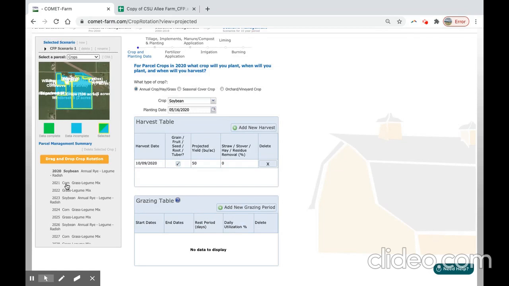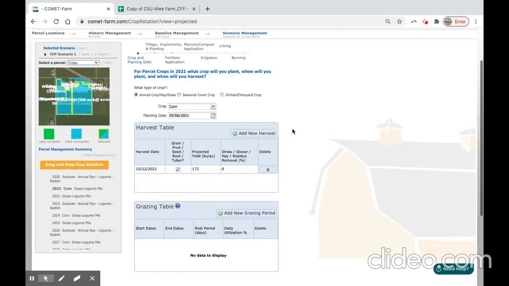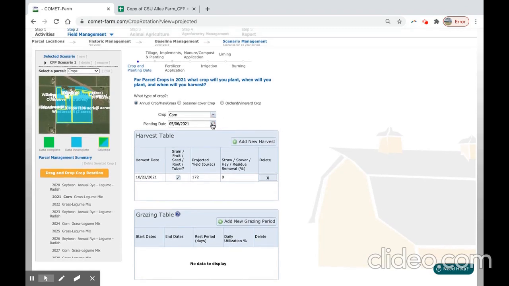So we're going to move to corn, and we're going to make the necessary modifications here. The corn here was planted on the default value of 5/06/2021. And the harvest date was October 22nd, 2021, and we will leave the projected yield and residue removal the same here as well. We can leave the grazing table blank for the corn and move on to the tillage implements